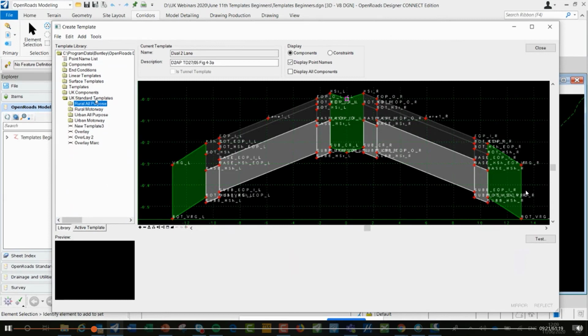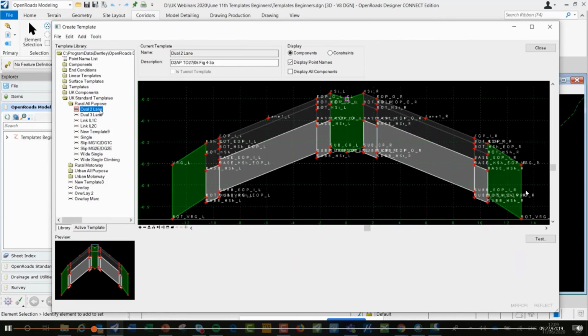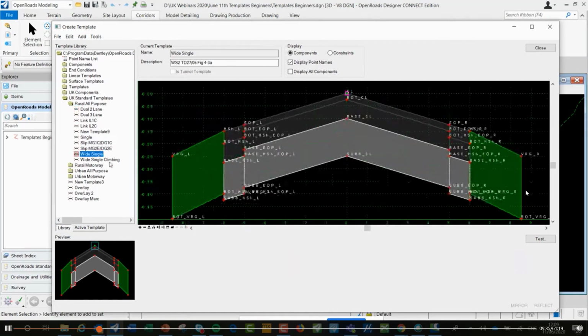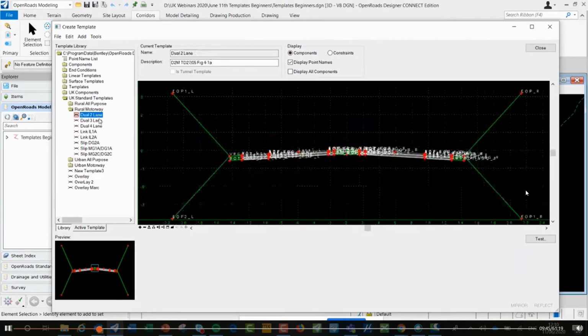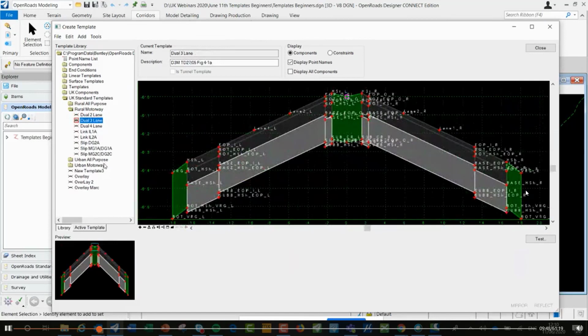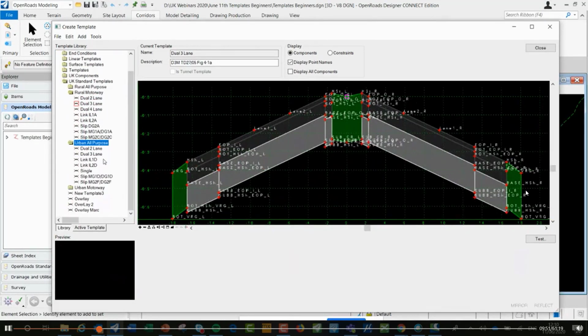But also under here, you'll see we have the UK standard templates. So rural all-purpose, dual 2 lanes, dual 3 lanes, link roads, single carriageway, slip roads, wide singles, and wide single with a climbing lane as well. So these are all taken from the latest standards for rural all-purpose. There's also rural motorways, dual 2 lanes, dual 3 lanes, etc. And obviously the same for urban as well. And I'm not going to go into any of these with great detail, but